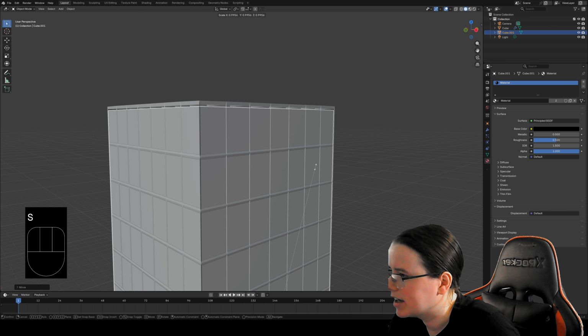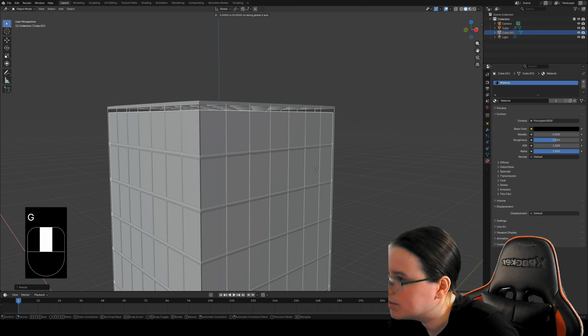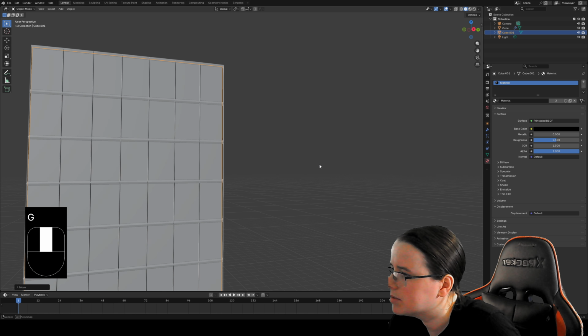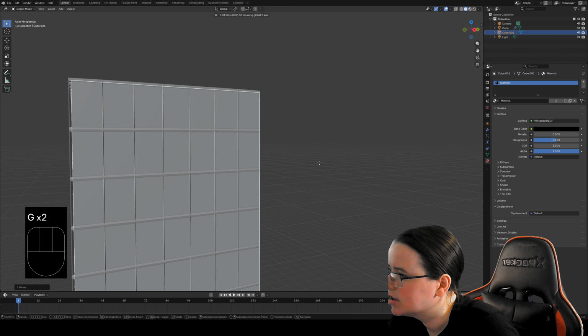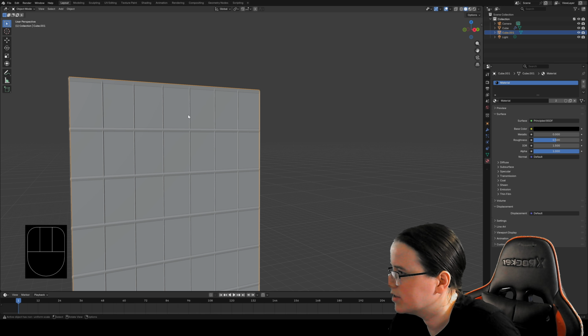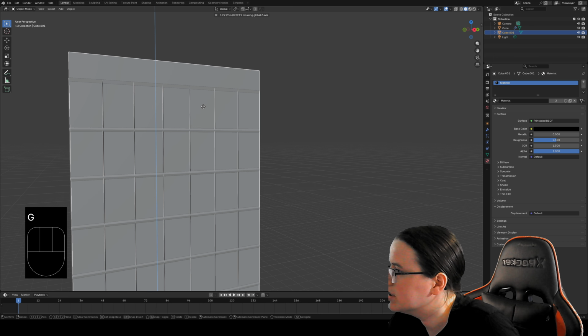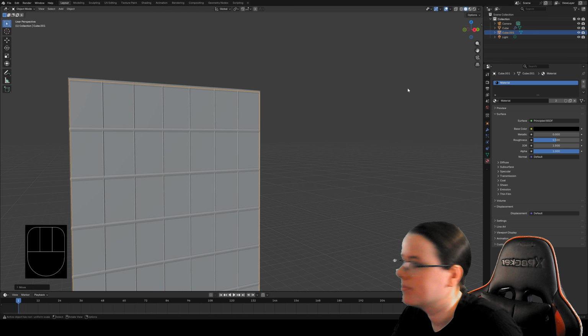Sometimes buildings do have a little bit of a floor at the top. Just press S for scale if you need to, just to bring that down a little bit, and G just to bring that up. Make sure that every side is covered. Just going to press S again. Alright, so once you've got something similar to this,